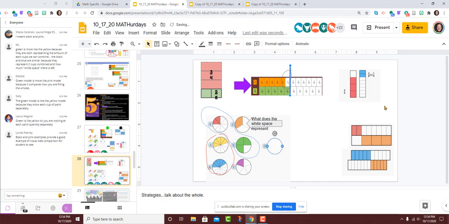So I'm hearing two things happening here. I'm hearing this idea of the halfway mark, so we've got our benchmark fractions, and I'm also seeing the little leftover piece. But there's something else really interesting happening here. We have 5 oranges and 5 greens. So why doesn't that make the whole? Why does it make less than a whole? Does anyone know how to explain why there's 2 different pieces that are 5, but they don't make a whole? Beth, go ahead.